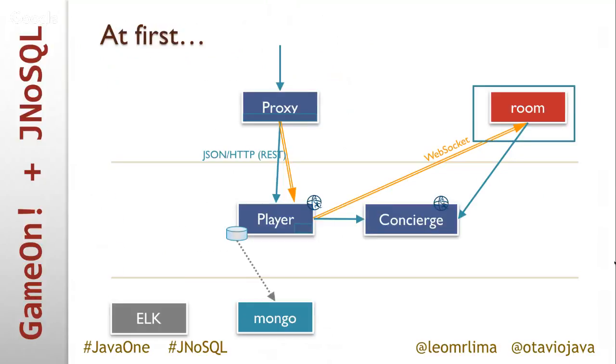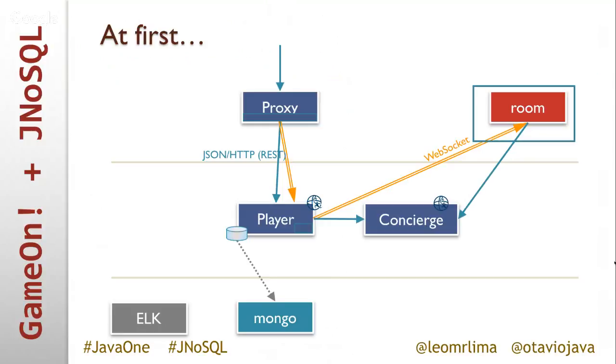And so a little bit of the history of Game On. Game On at first was very simple microservices, right? It was just a proxy that has the three services: a room, which is what you create as a student on Game On. You create rooms, and then you navigate through rooms, kind of in a MUD, like those throwback text-based RPGs that you used to play on the BBS world way back then. So there is a room that is a microservice, or plenty of rooms. The more rooms, the better.